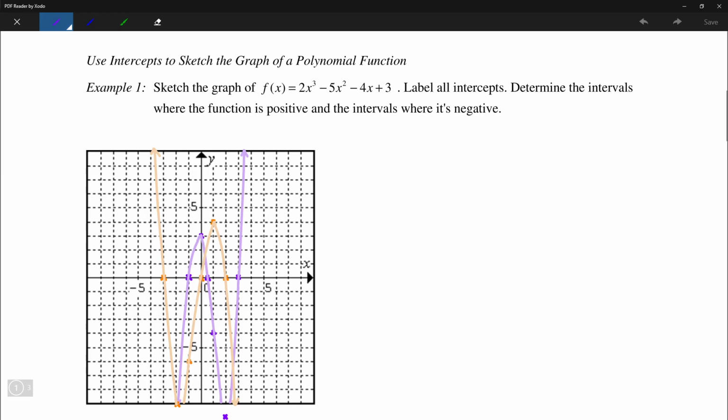by finding a factor using the integral zero theorem. So in this case, we're going to try -1 first. So f of -1 is 2 times -1 cubed minus 5 times -1 squared minus 4 times -1, and then plus 3. See what we have here. This will be -2, and then minus 5, and then plus 4, and plus 3, which of course is equal to 0. What that means is that therefore x plus 1 is a factor